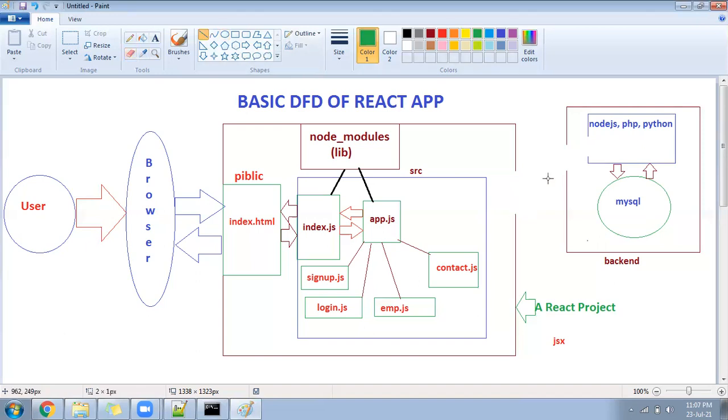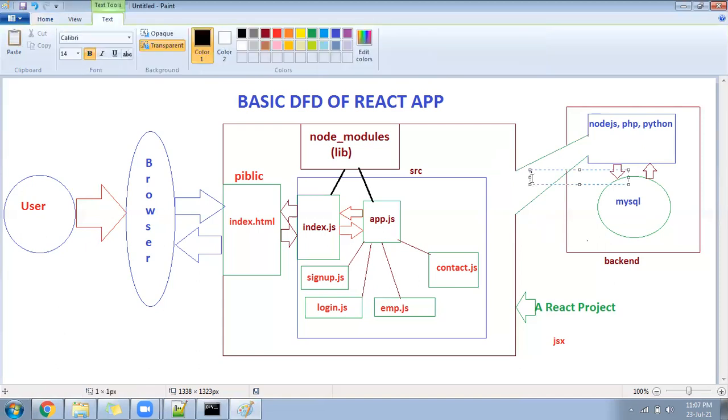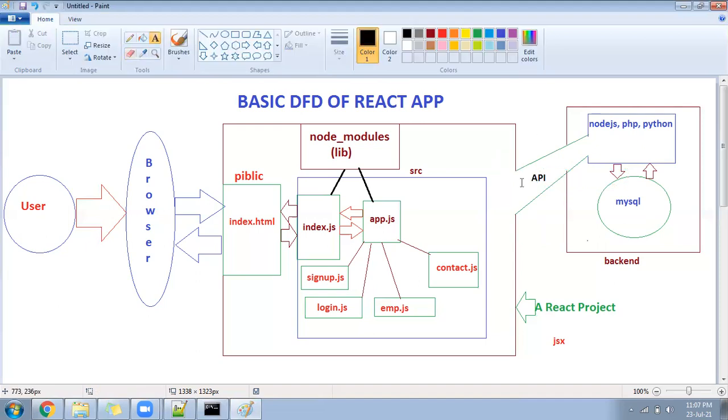From here to here, I made a route. I made a mapping here. These are just basic images I designed to convince you in a better way. See, this route is going to be called an API. Now, through this route, through API, React can send the data to the backend. Backend will send to the database, and the database can send to the backend, and the backend can send to React again.